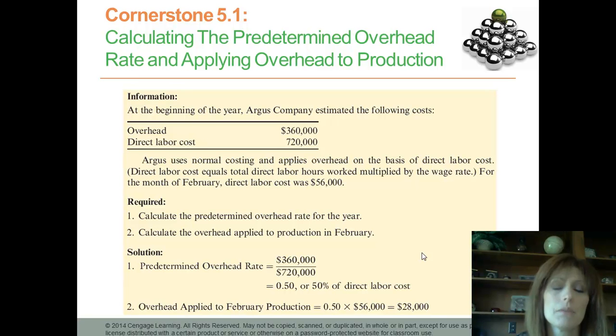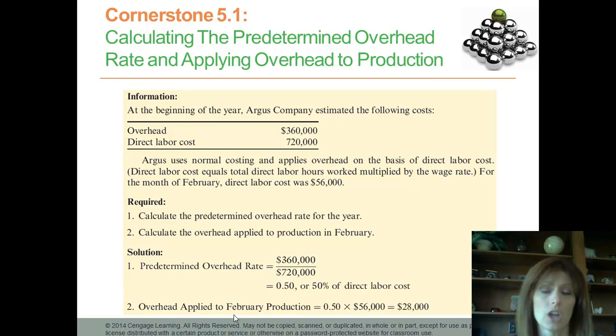So our step number 1 is what's the predetermined overhead rate? So what we're going to do here, where the $360,000 is, we take our estimated overhead, $360,000. Now we have to divide it by whatever our activity level is. In this case, the problem told us we apply it based on direct labor cost. So our activity level is direct labor cost. So we take the $360,000 divided by the $720,000, and we get 0.5 or 50%. So that says for every dollar that I have in direct labor cost,